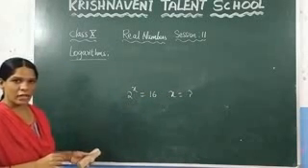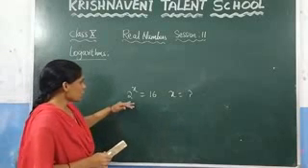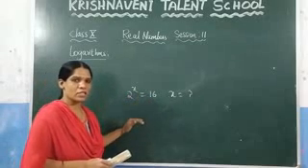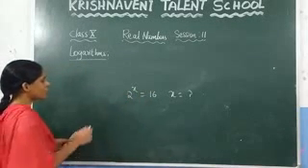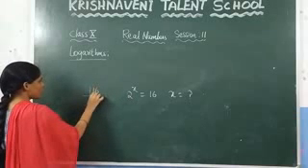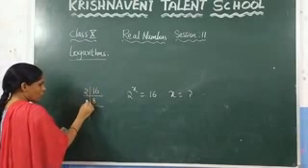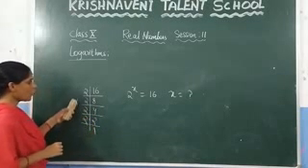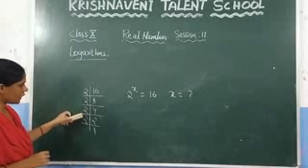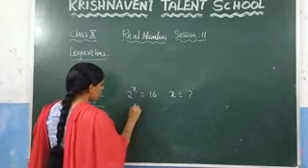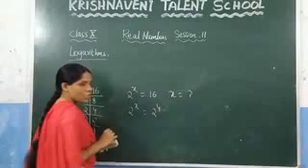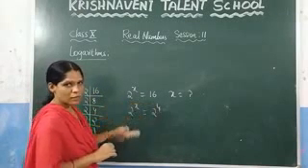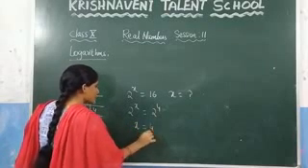So how do you find the value of x here? You just need to write this 16 in the base of 2 so that you can find the value of x by using the laws of exponents. How do you factorize this 16? You can write it as 2 eights are 16, 2 fours are 8, 2 twos are 4 and 2 ones are 2. So how many times is 2 repeating here? 1, 2, 3 and 4. So you can write 2 power x is equal to 2 power 4. You know that if the bases are equal, then we can equate their powers. So from this you get the value of x as 4.